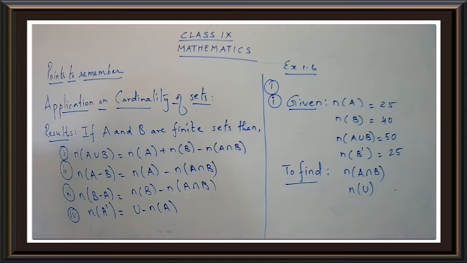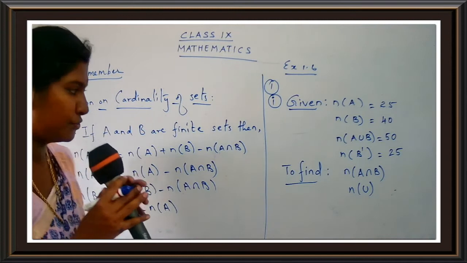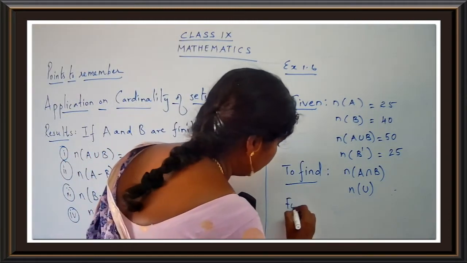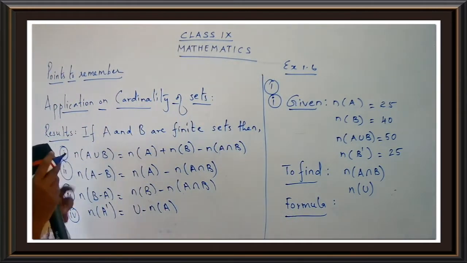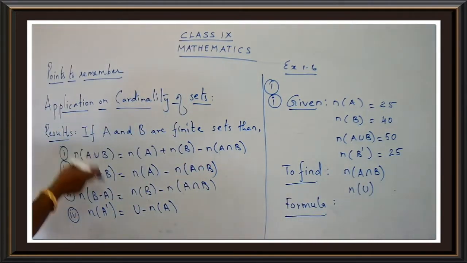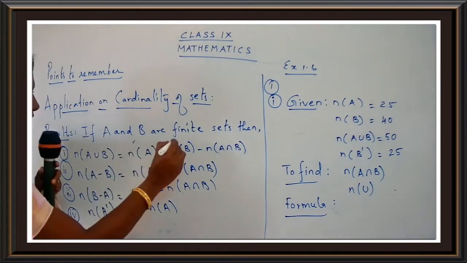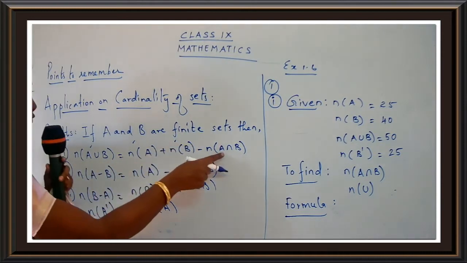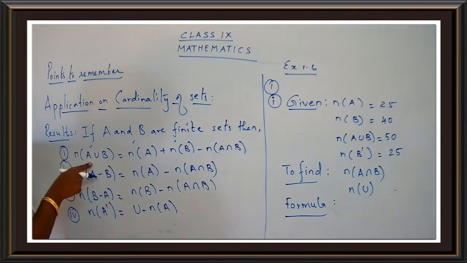Okay. So now what we are going to do is write down the formulas to be used over here. So what are the formulas we are going to use over here? Given, to find, formula. So what formula are we going to use here? See here, I just need a intersection b, okay children? So just find out the formula from here. Where you have intersection b, see you have n of a, n of b, and n of a union b. Yes children, so what you have to find out? You have to find n of a intersection b. So I am going to use this formula. Are you getting my point?